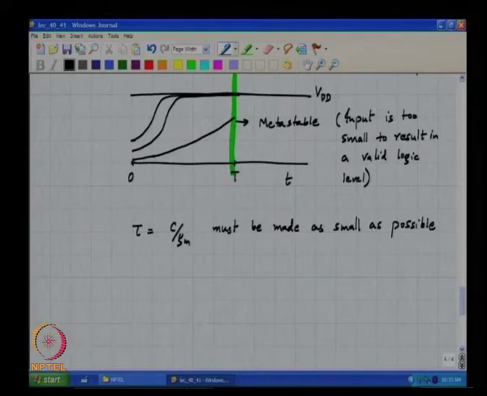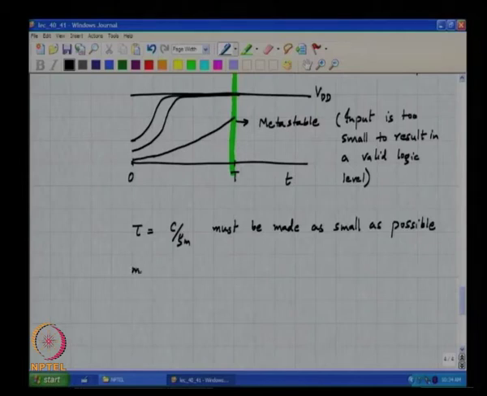I mean, you know, the Gm finally is going to be implemented using MOS transistors, and these transistors themselves have inherent capacitance. So, there is no need to deliberately put another capacitance there, right. The input which you want to make a decision on can be stored on the parasitic capacitances of the MOS itself. Okay. All right.